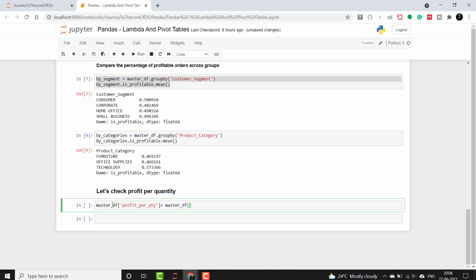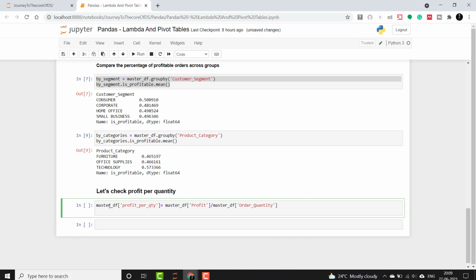I will just take two columns, which is profit, divided by the column named order quantity in the master_df. Now let me print its head.